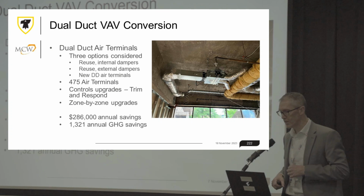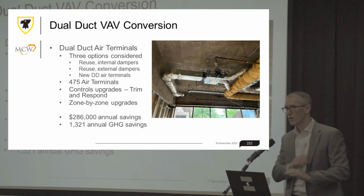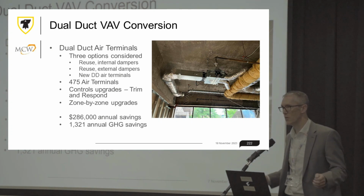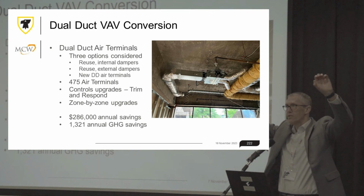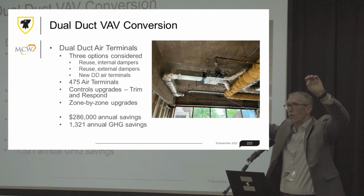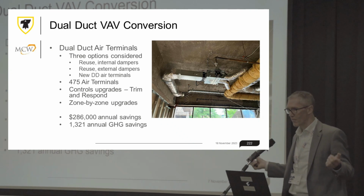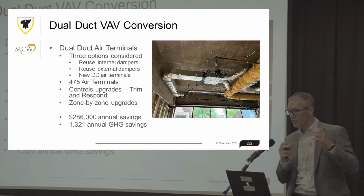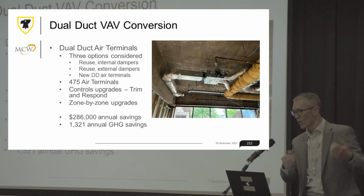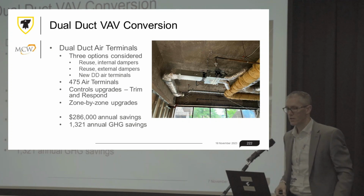You notice there's no ceiling in this area, and what we did in the ground floor in the first zone that we went to, we said, it needs a new ceiling, we're going to put in a new ceiling. By the way, we're going to harvest all of those linear metal ceiling components, the Paraline ceiling, to use in other parts of the facility. So we had about 5,000 to 6,000 square feet of ceiling that we can now harvest and use for other areas where, as you take down the Paraline ceiling to put in the new dual duct